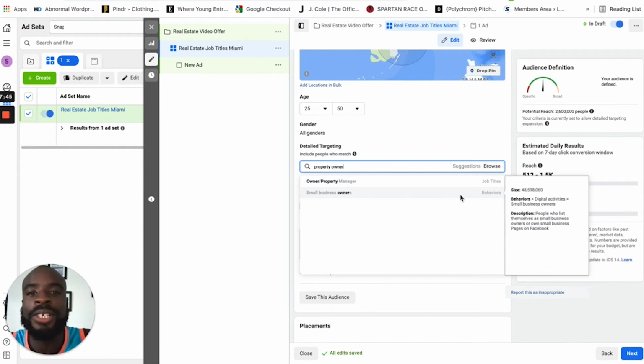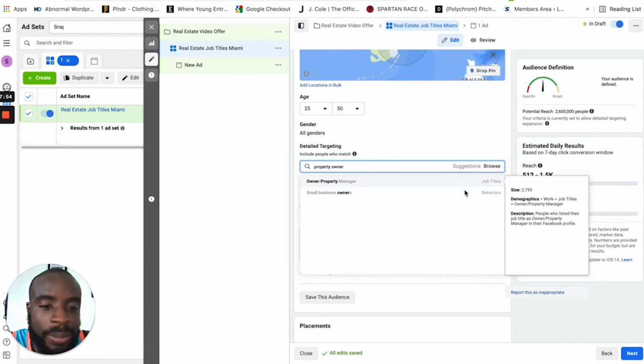They could be interested in owning a home, but they don't actually own a home. They could be interested in real estate, but they're not actually in the field. They don't do anything with it, right? So you just have to keep that in mind. There's a difference between job titles and behaviors and interest. So we're going to click on